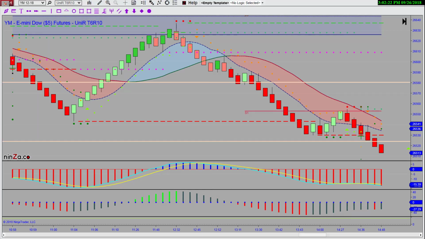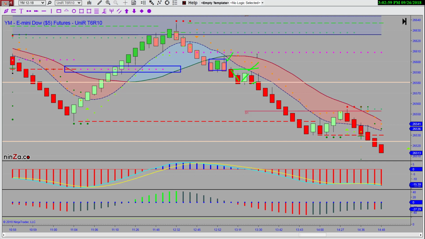Okay, so what we've got going on here is that we've got a continuation pattern bounce right at a prior swing level. To me, this is a perfect entry. What we're going to do is we let it bounce and let it fail again. It actually goes down to a swing level. I'm not sure where that was being picked up from. And it bounced back up to right there. If we didn't get in here, we would definitely get in on this one when we break down below here.